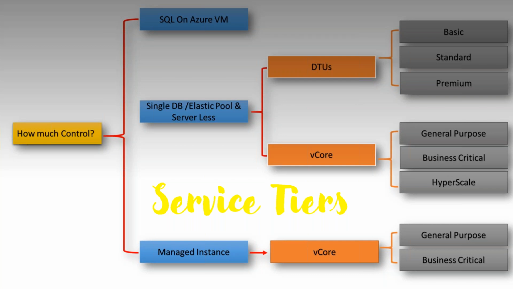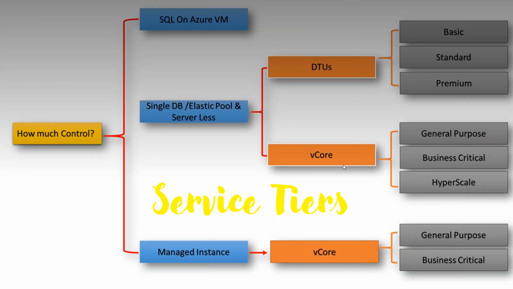When you go for vCore, we have general purpose, business critical, and hyperscale. General purpose you can access under the free trial. You can deploy Azure SQL database vCore in general purpose, while business critical and hyperscale are only compatible under the pay as you go model. When we go for managed instance, we have only one purchasing model, that is the vCore purchasing model. DTU is strictly compatible only with Azure SQL database. DTU is no more compatible with Azure managed instance.